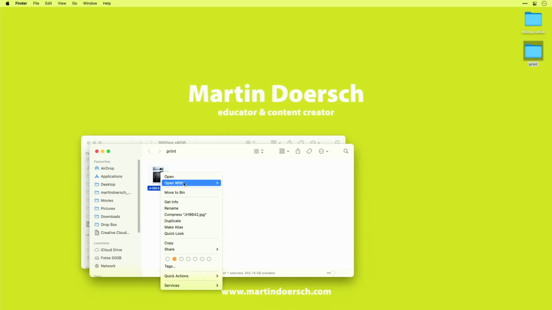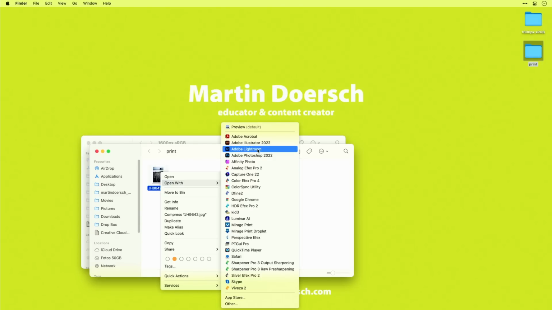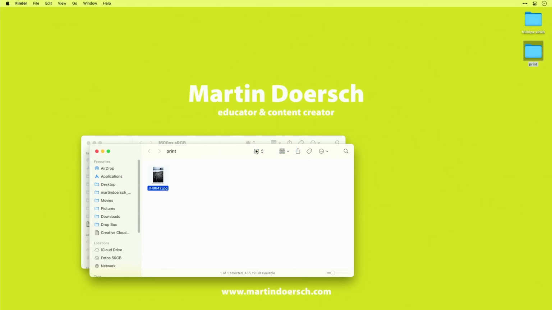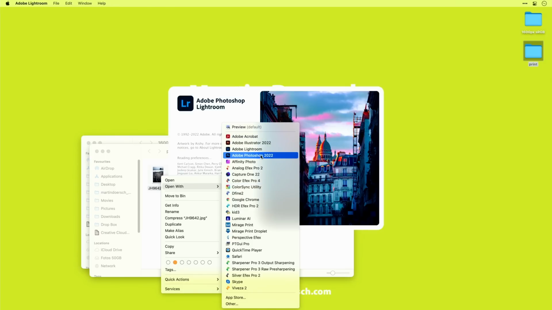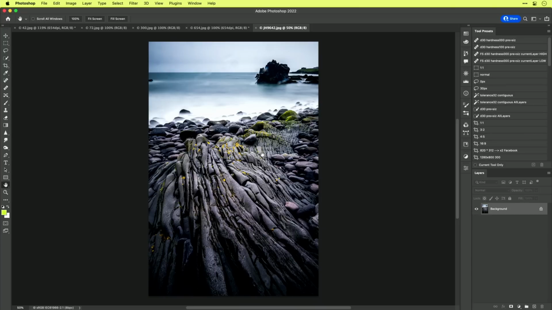This is my print. Open with Photoshop, like so. This will now get opened. No, I took the wrong one. I wanted to open with Photoshop for sure. So, like so. And now I have this file opened here inside Photoshop.